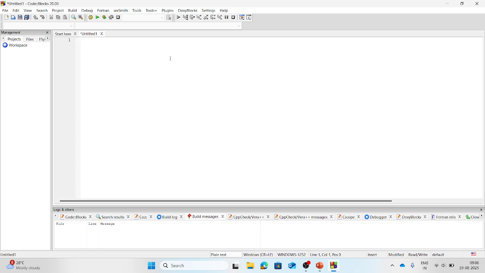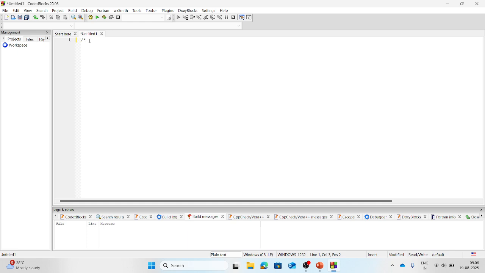Now, you want to make one C program to add two numbers. If you want to include the problem statement, what you do is make a comment just like this. You can make the comment. Now you just note it down in your notebook. If you want to make a comment in C programming, then either you can use a double slash, or you can use slash asterisk, like this.